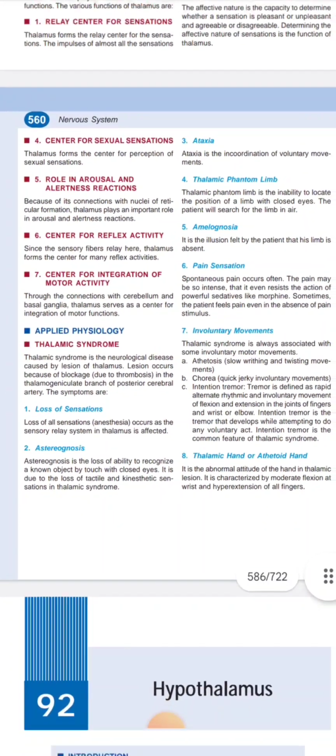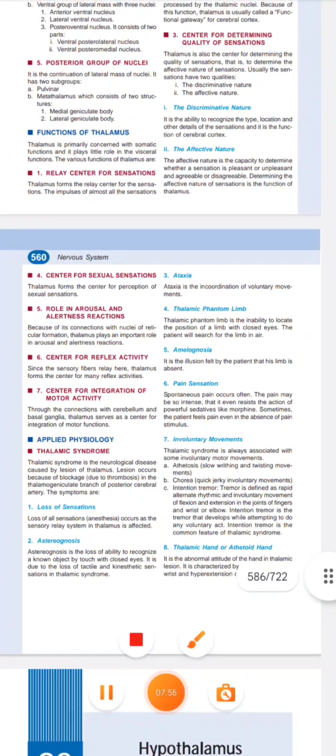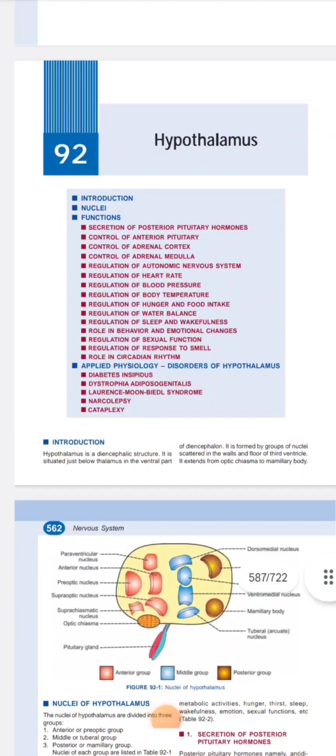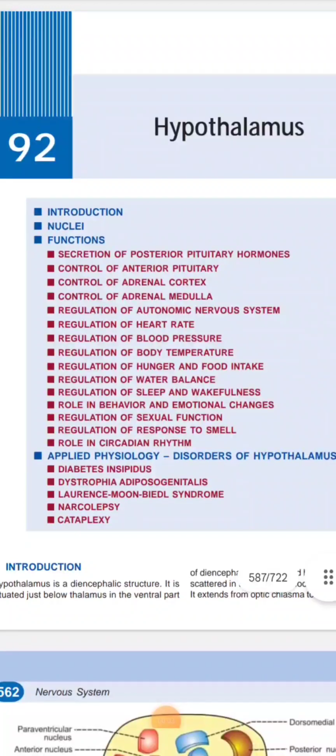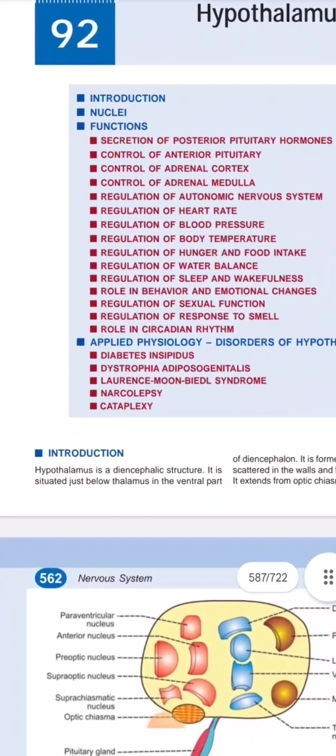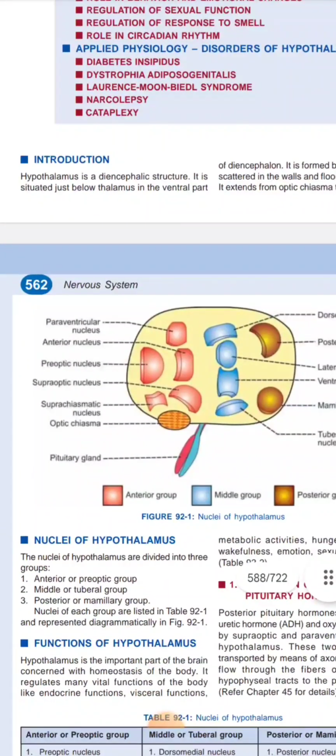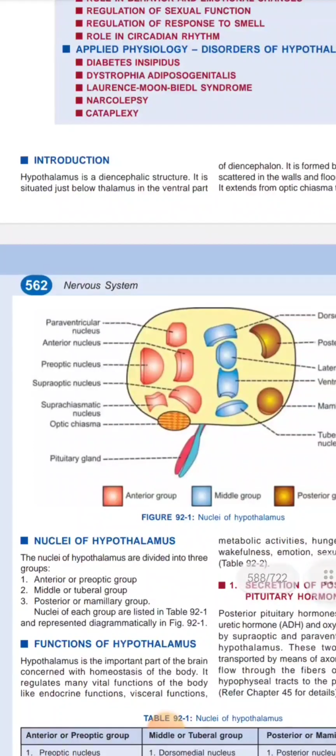Next, move on to hypothalamus. See here, what is the meaning of hypo? Hypo means below the thalamus. It is located below the thalamus. It is also located in the forebrain. Okay, so what you are seeing is